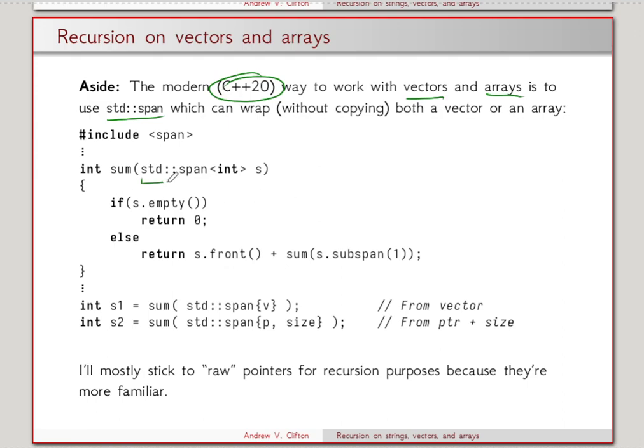So here we're passing in a span like that right there. If the span is empty, we return 0. Otherwise, we take the front of the span and then we add that to the sum of everything else. So we're getting a subspan here, which is like everything after the first element, right? The fact that there's no reference here looks like we're going to be in trouble, but in fact